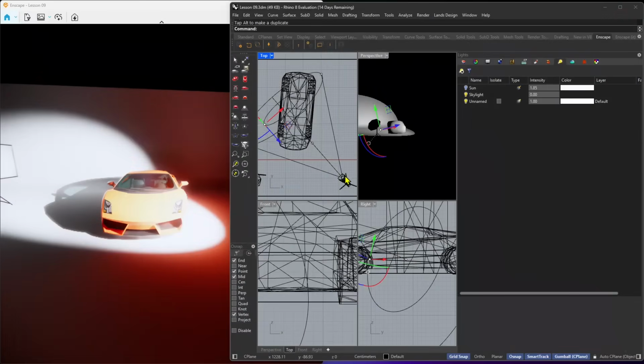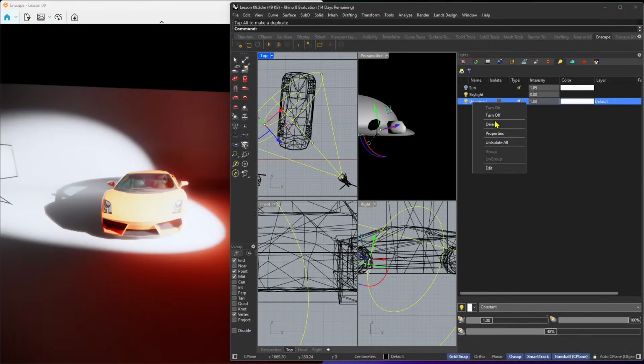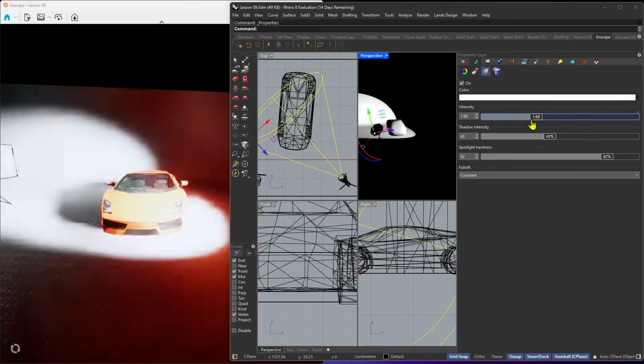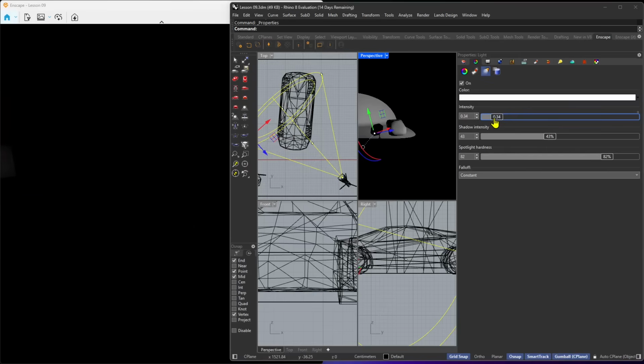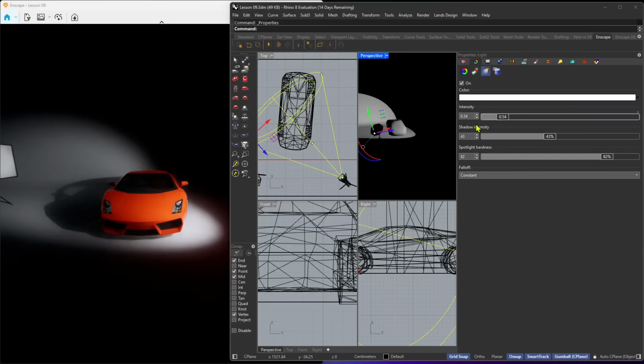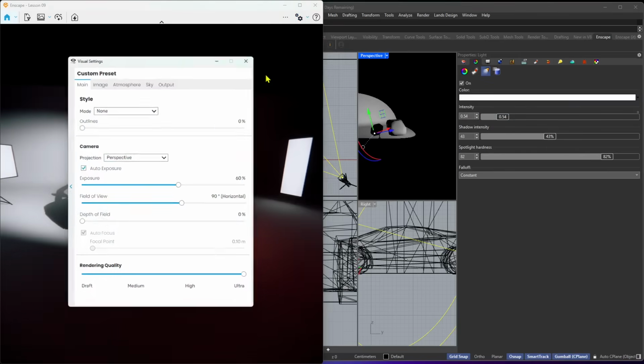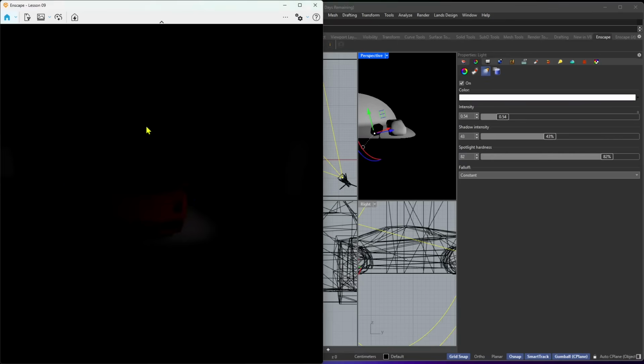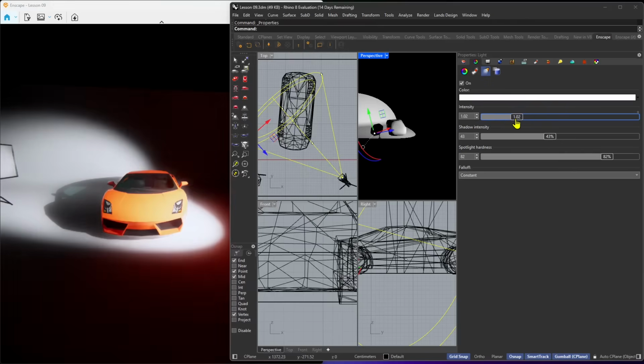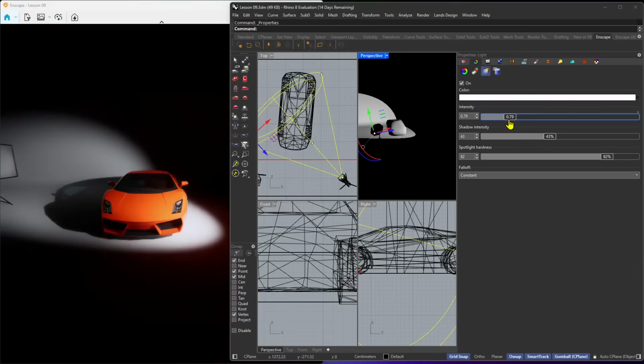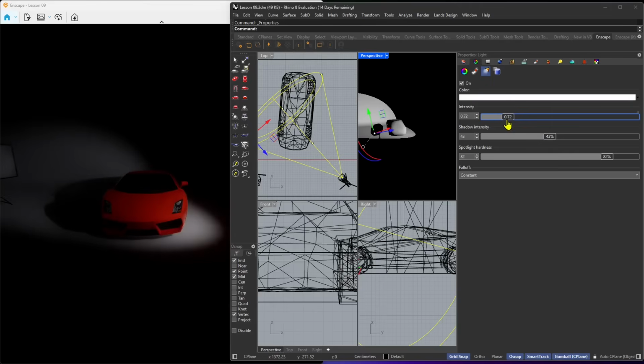So we have a key light. We need a fill light. So I'm going to right click here, and if I go in the properties, I can adjust the intensity. And also, one thing I would do is deactivate the auto exposure, because I cannot really see what's happening here, because it will always adjust. So let's turn off that, and